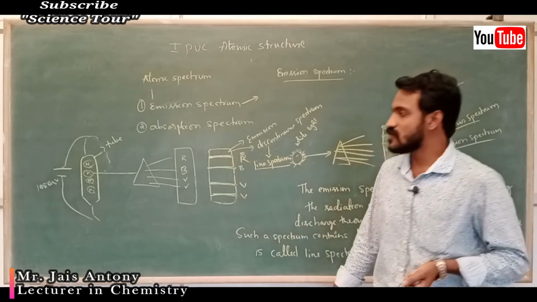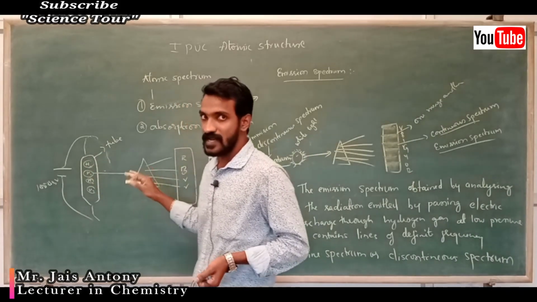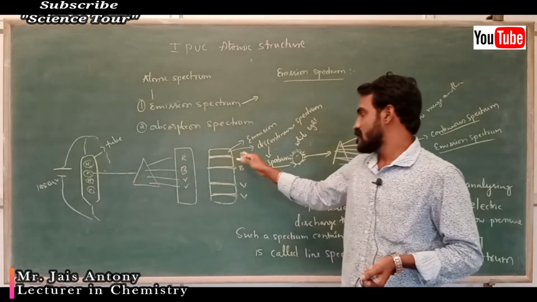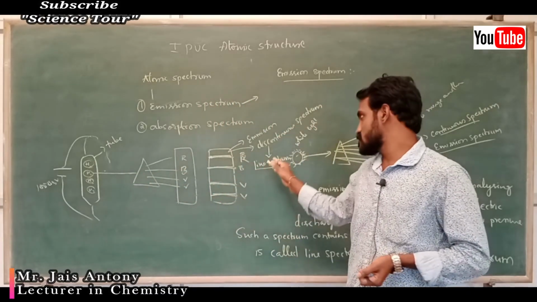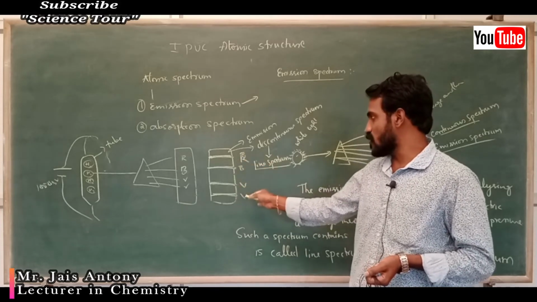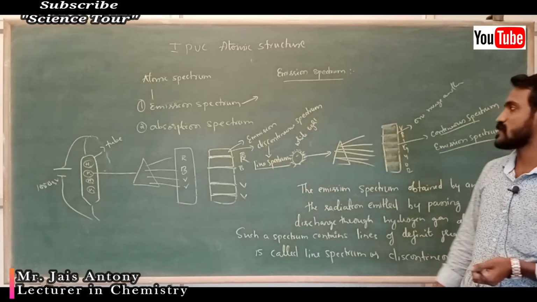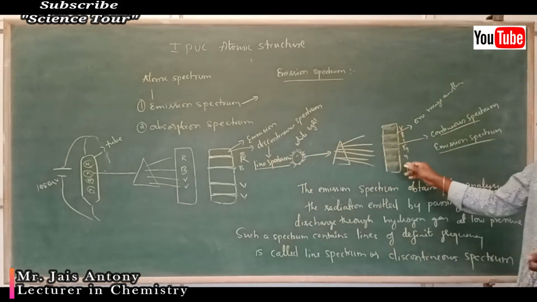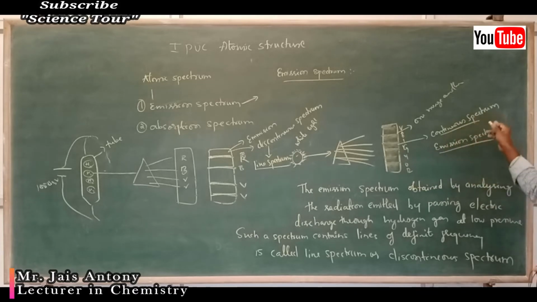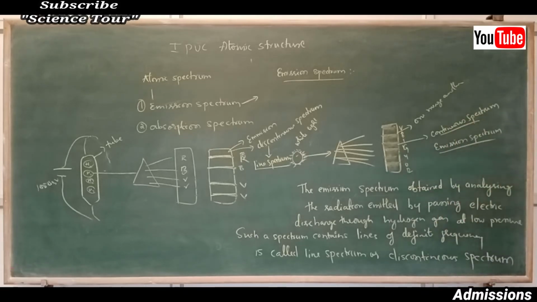When you heat a hydrogen atom, at that time it emits color. You arrange that color pattern in a spectrum, and it gives 4 different lines of 4 different colors: red, blue, violet, violet. It is called a line spectrum, also an emission spectrum, also a discontinuous spectrum. If colors are merged over one another like this, it is called a continuous spectrum.